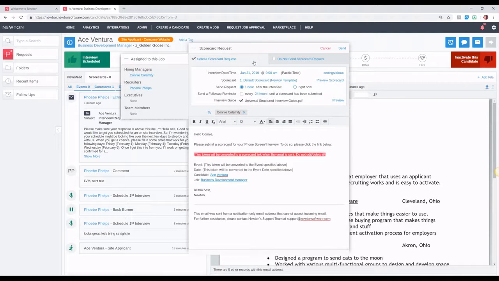And then the other thing we can do is queue up a scorecard request to be sent to our interviewer after the interview takes place. And this is how you'd be able to collect feedback on how the interview went from those interviewers. So do you currently have any way of capturing any interview notes or thoughts from the hiring managers after the interview? Yeah, we have this process now, the scorecard process, but